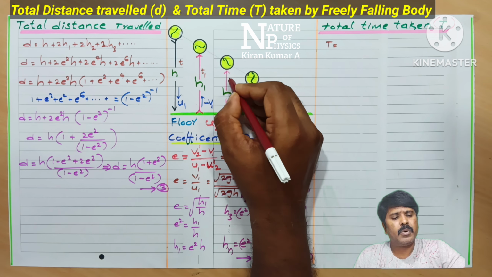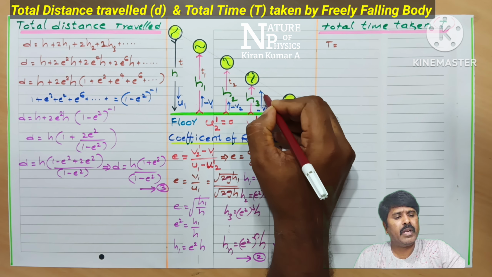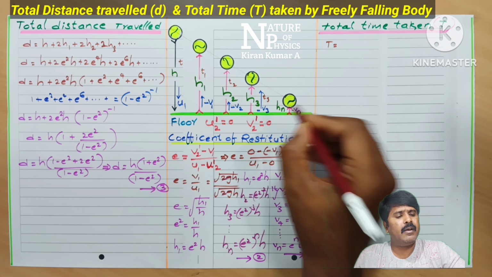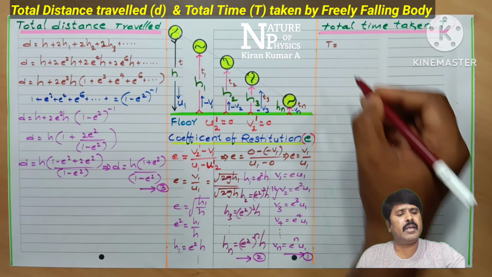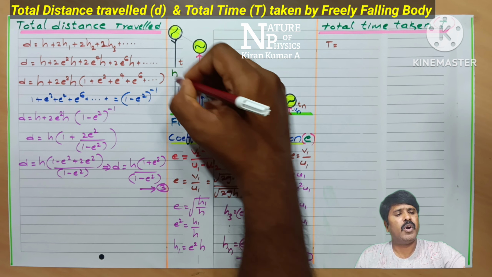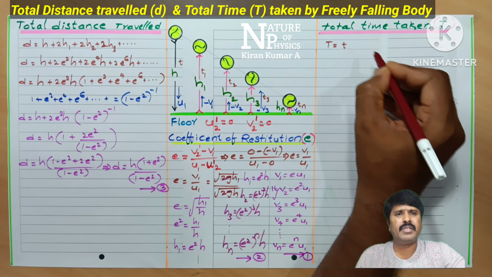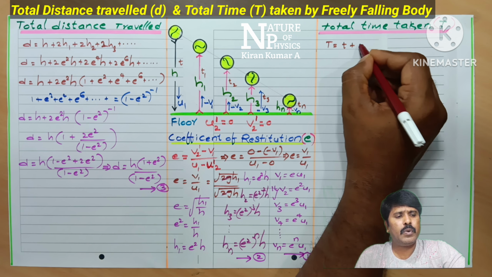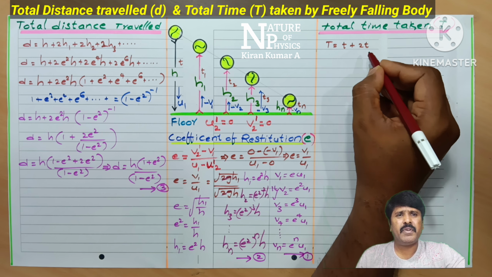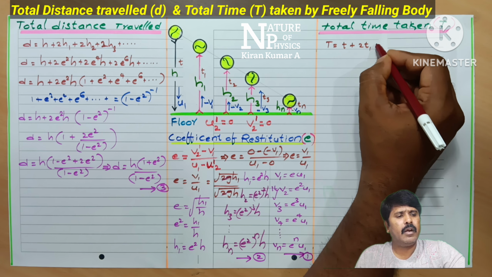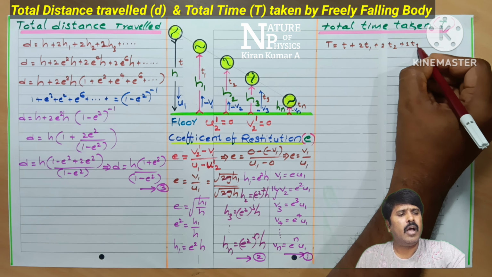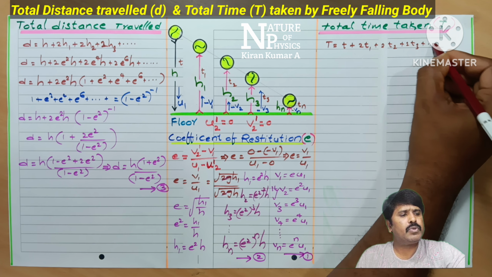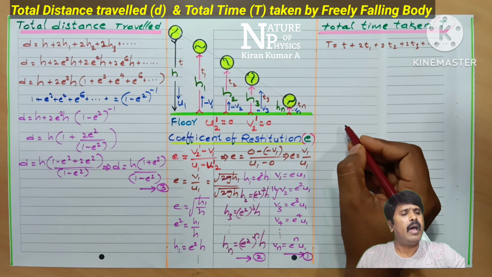So here also time writing t2, next one is written t3, and this is taken as tn, student, clearly represented. So first freely falling body time taken to reach ground is t, and second one 2t1, so sum of time of ascent and time of descent taken, next 2t2, next 2t3, next up to so on taken, student,